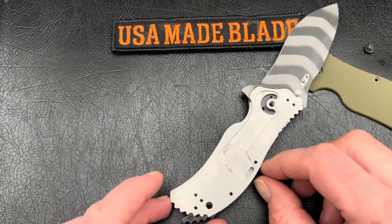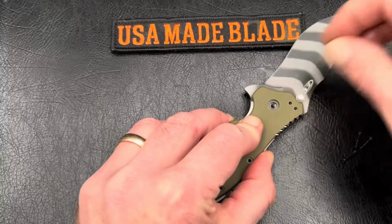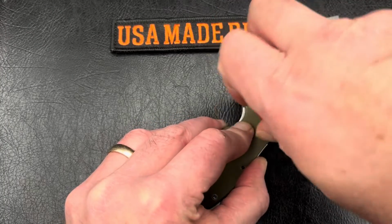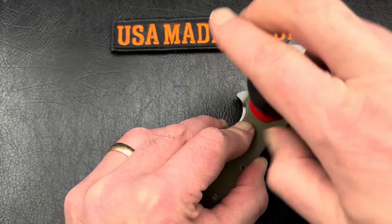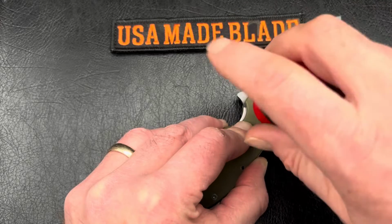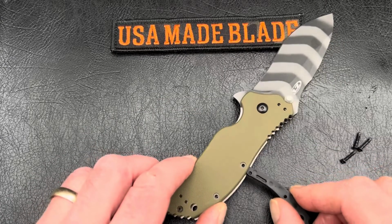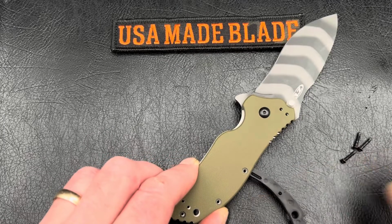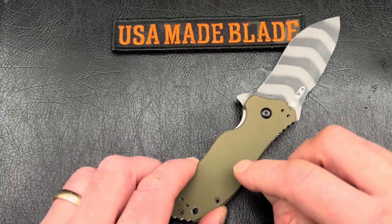If I remember correctly, I'm going to go ahead and get, I'm not looking at the camera, so hopefully I haven't gone out of range here, but I'm going to get the pivot screw tightened down just a hair. Definitely not tight. It's going to be just to where I start feeling a little resistance, and then I'm even going to back it off just a little. And then from here, this is going to be hard to do because normally I'm looking over top of it, but I just get this first screw lined up, this first screw hole. As long as you get that one,